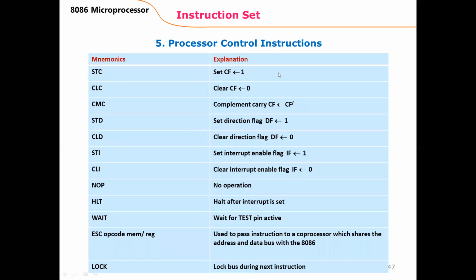Now next are the processor status control instructions. Processor status control instructions mean the processor status is reflected by the flags. As we have already discussed, there is a processor status word, which is the flag register. So the status of the processor is shown by the flags of the microprocessor. Then STC is there. These instructions commonly use the implied addressing mode, because in implied addressing mode there is no need to specify the operand. Now STC means what? STC will set the carry flag to 1. CLC clears the flag, and so on.